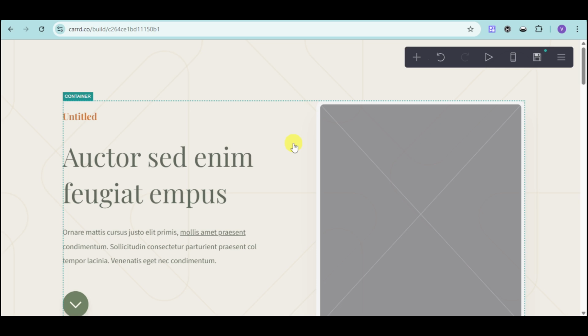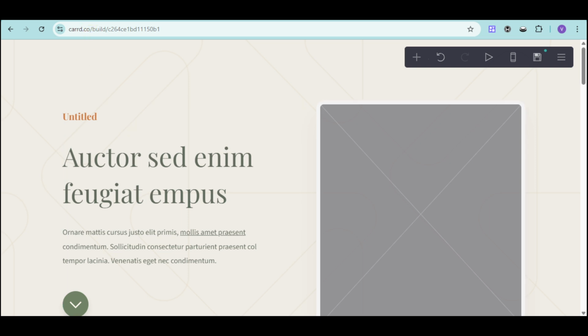In this video, I am going to teach you how to link a custom domain name to a card.co website. As you can see, I have my website in here, and it only has this particular part. So if you want to have your own custom domain connected to your card.co, the first thing you need to do